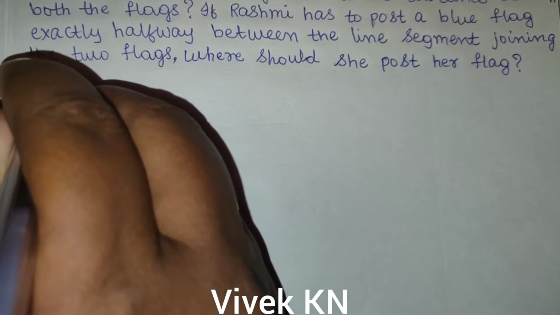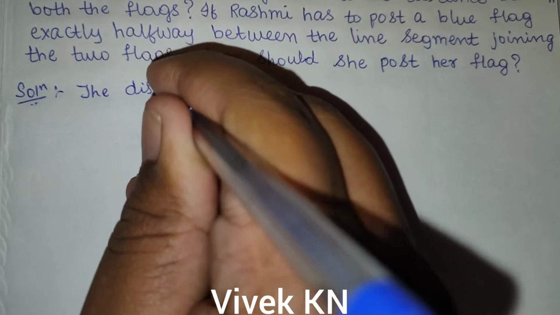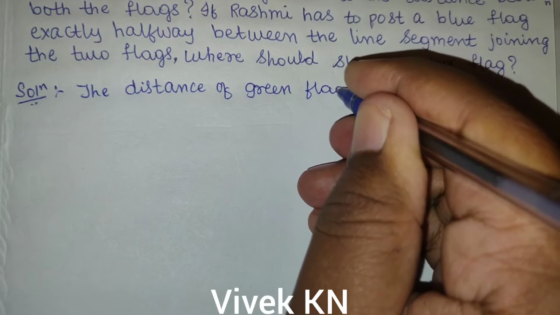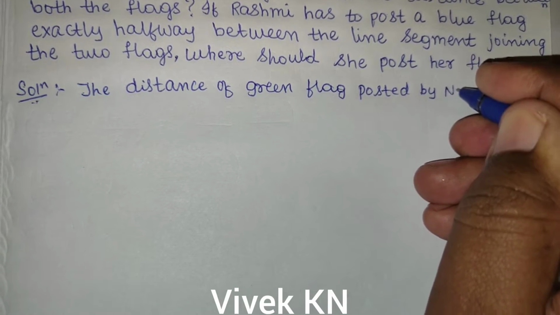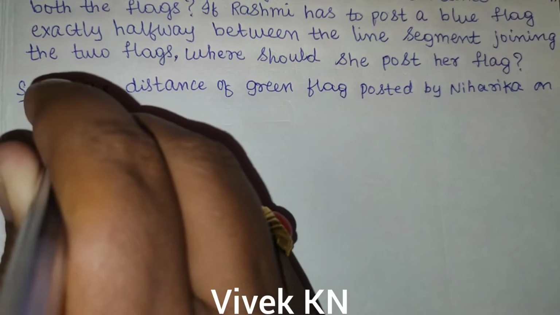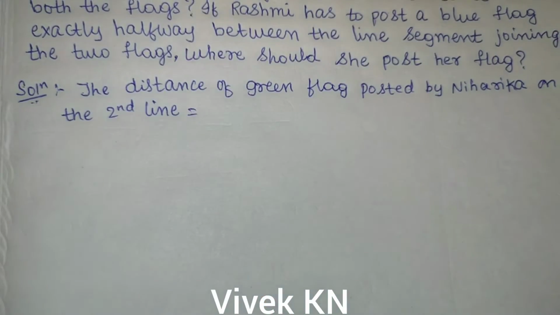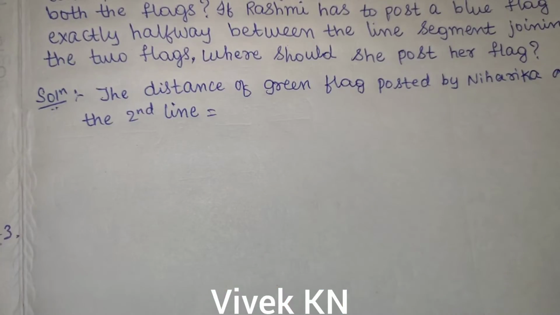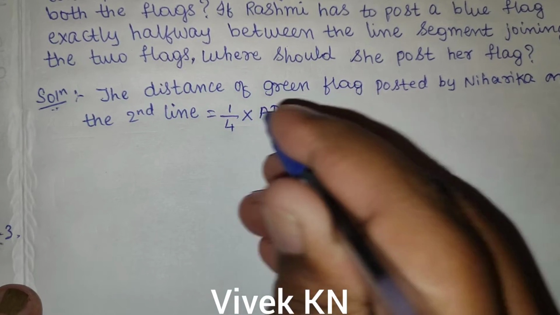Solution. The distance of the green flag posted by Niharika on the second line is equal to 1/4 of the distance AD, that is 1/4 into AD, which is equal to 1/4 into,